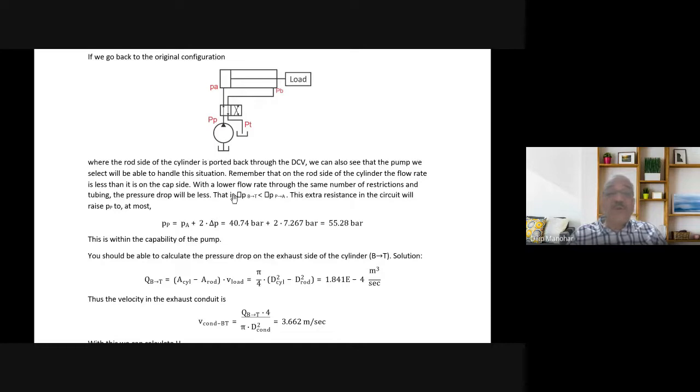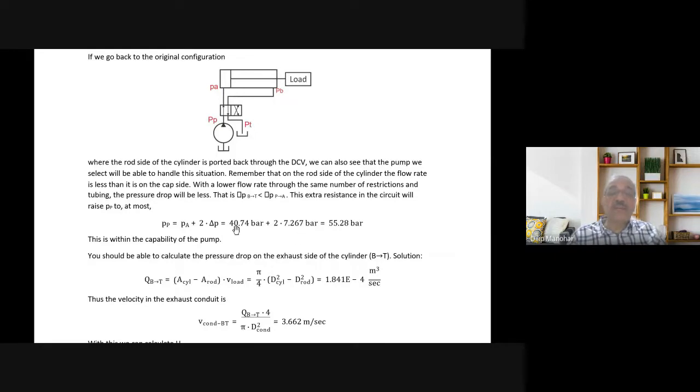So on this side also we need to do a pressure drop calculation. The circuit will require extra resistance from this side, so we need to add resistance on this side also. That way PP will account for the total pressure drop from the inlet side as well as the exit side. For the time being, he has assumed the pressure drop between PA and PP is the same as PB to PT, just for the sake of assumption. So whatever the pressure loss for this part is, it is the same for this part.